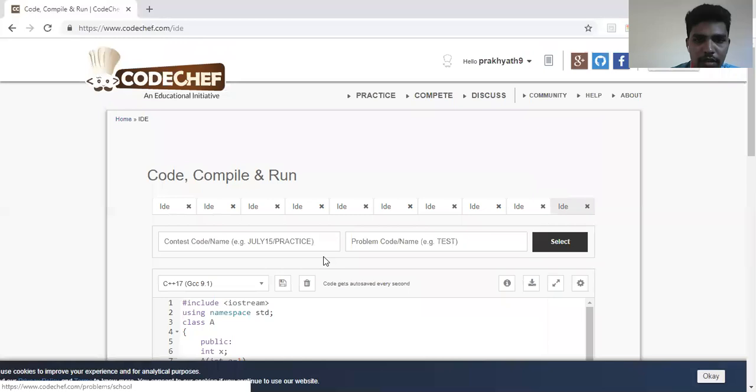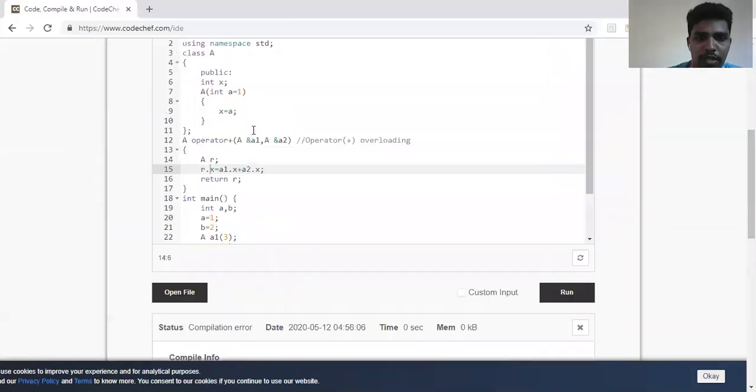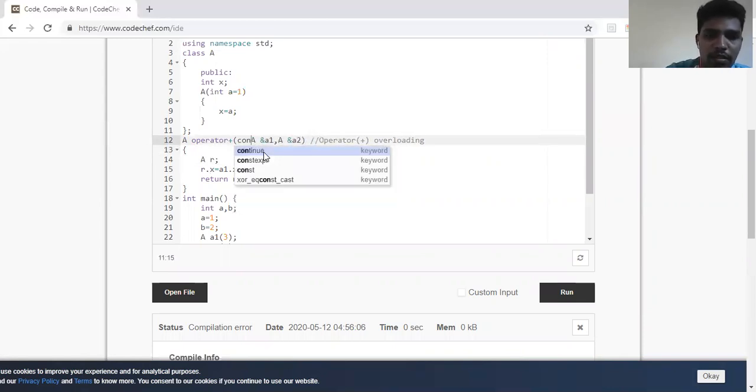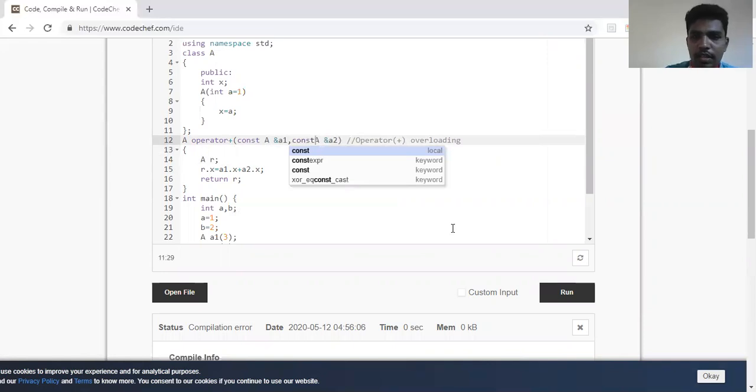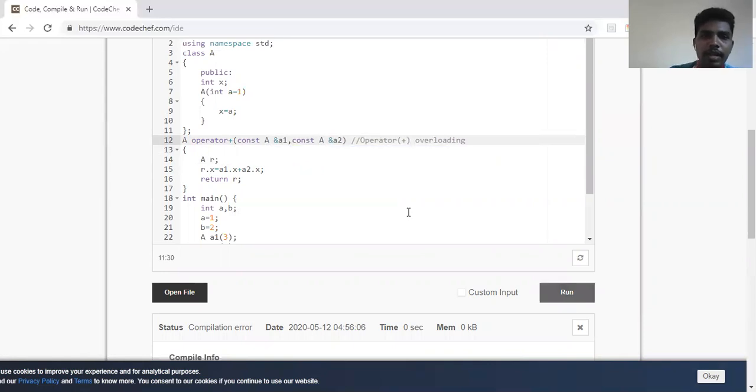Okay, so it is a constant member. So I should be using const A ampersand a1 and then const A ampersand a2.